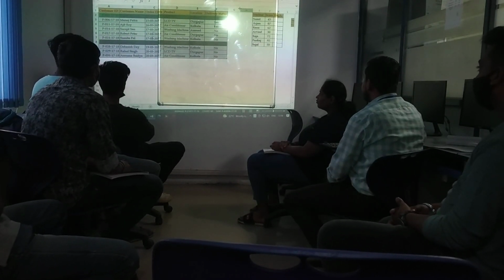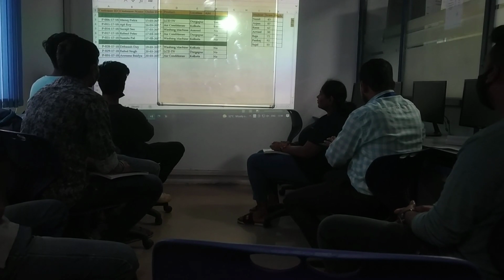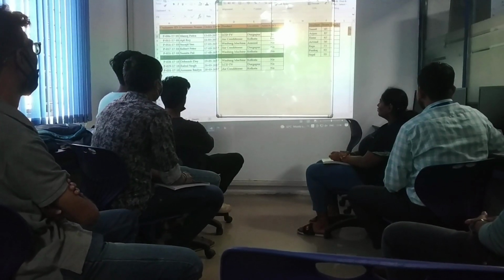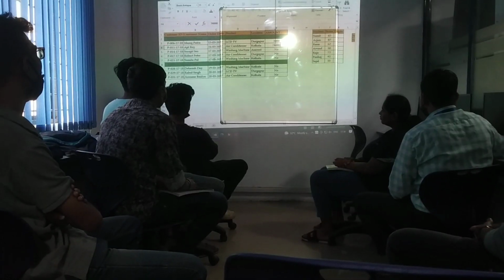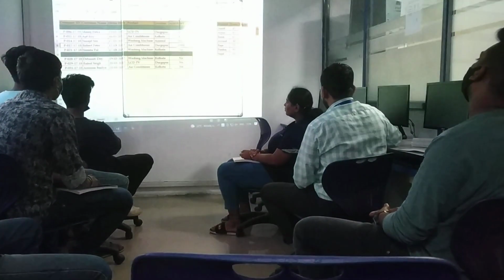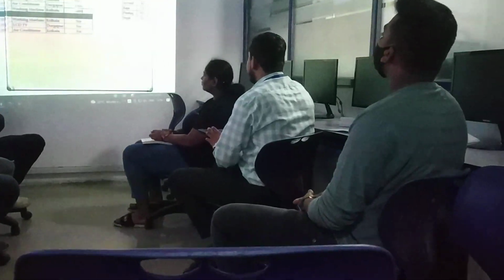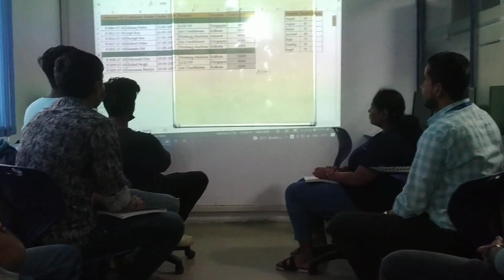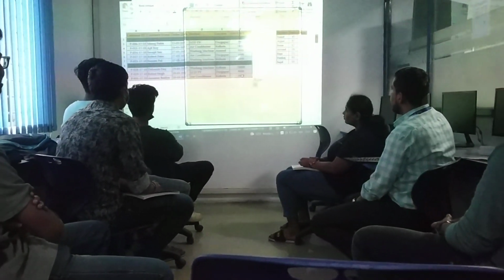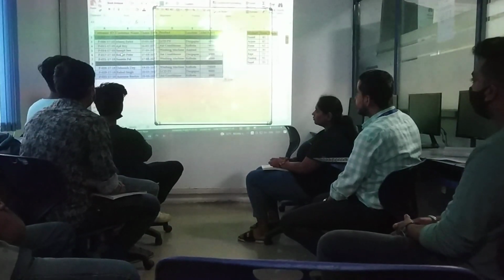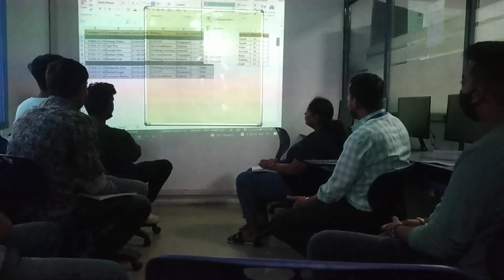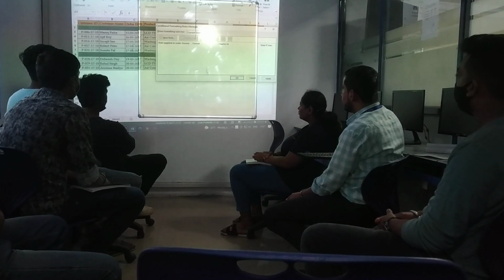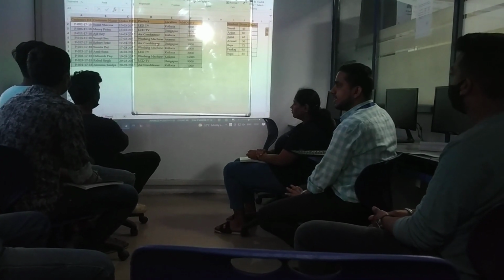Now suppose, for example, this is the amount column, and in the amount column we have some values. First of all, if I want to clear this formula again, what shall I do? I will go to conditional formatting, manage rules, select this rule, delete rule, and okay. So I have deleted all the formulas.